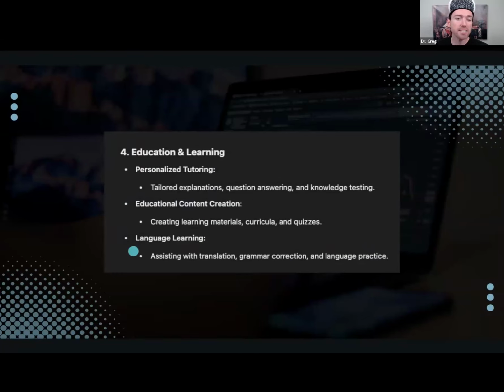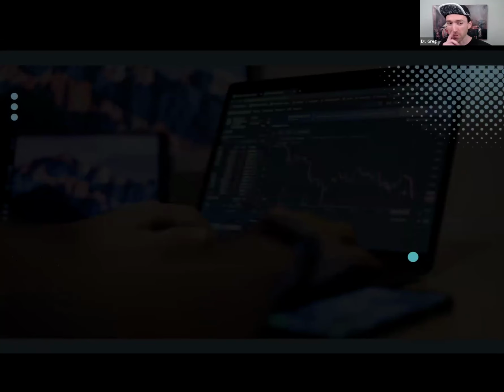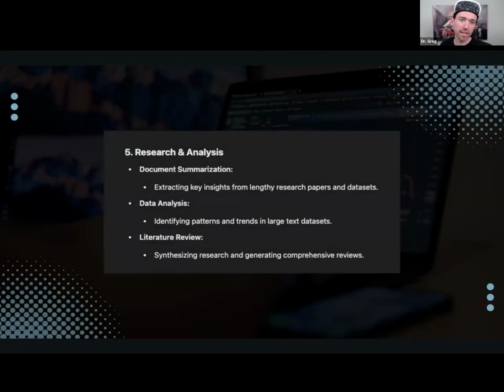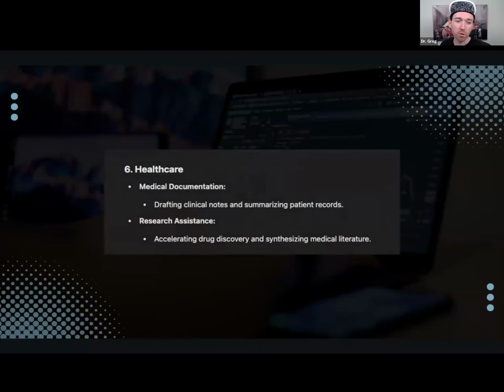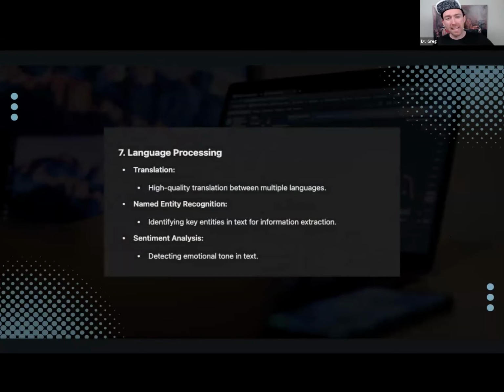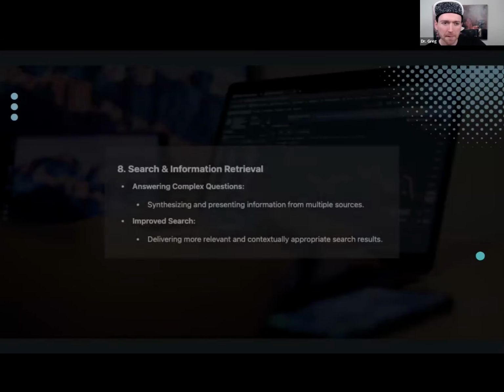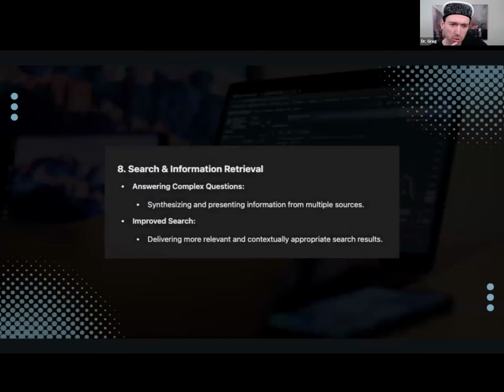Oh, now we have more content creation, language learning, research and analysis, summarization, analysis, literature review. Okay, great. Healthcare, more docs, more research. Language, named entity recognition, sentiment, and it sounded a little bit NLP-ish, kind of classic here. Search and retrieval. Okay,